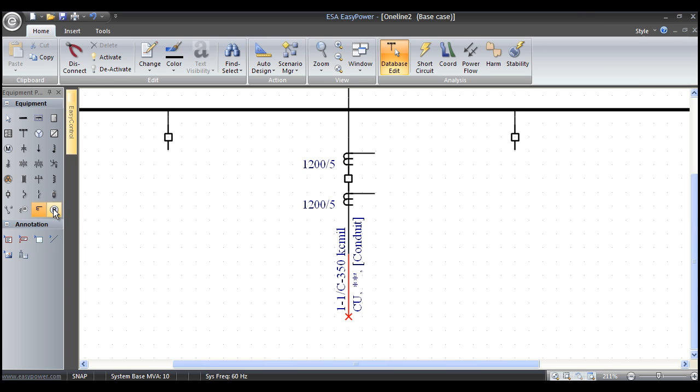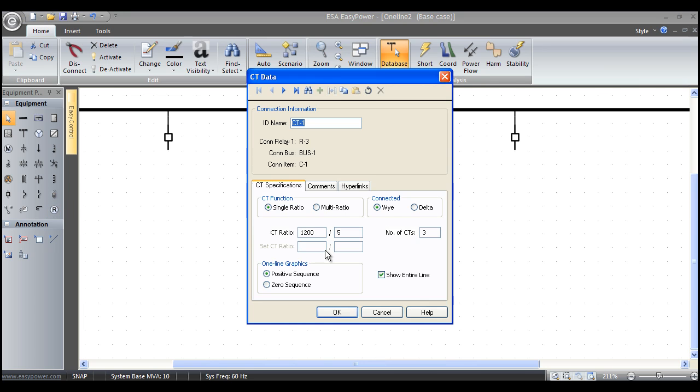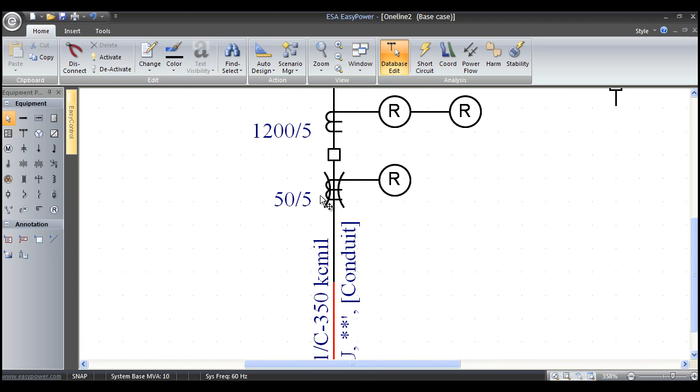I'm going to grab a relay, select a relay. So I'll put my phase overcurrent, directional overcurrent relay, and a ground relay. And in this case, I'm just going to left mouse double click now on this CT, and I'm going to make this a 50 to 5 unit, 1 CT, 0 sequence, and you can see the graphics morph to show a 0 sequence relay tripping this